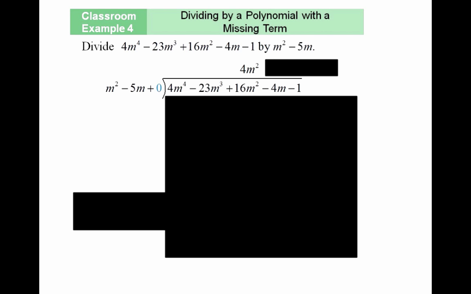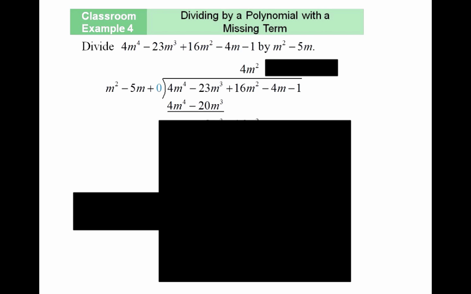Now I need to find a remainder. Now remember, we are going to subtract. This is addition here. So you need to subtract to find a remainder. Instead of subtracting, I'm going to change this to addition and change the sign of this to its opposite sign. Then the remainder, in this case 4m to the power 4 minus 4m to the power 4,